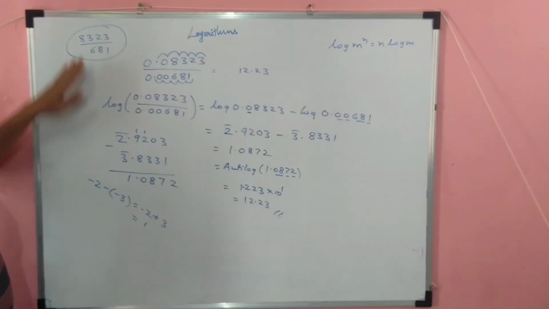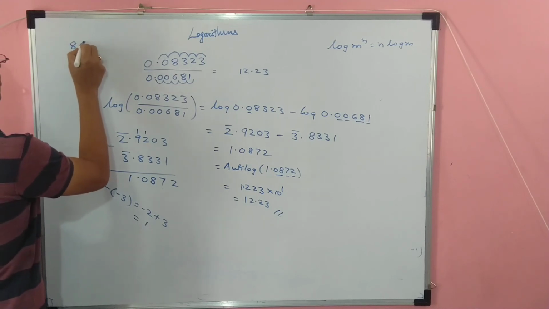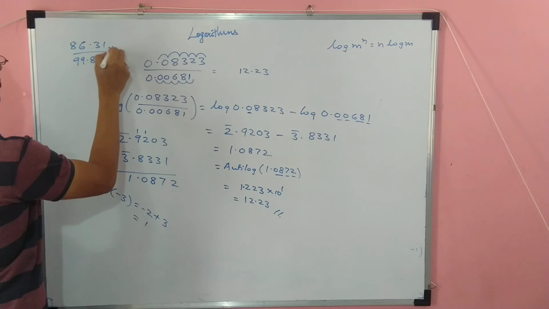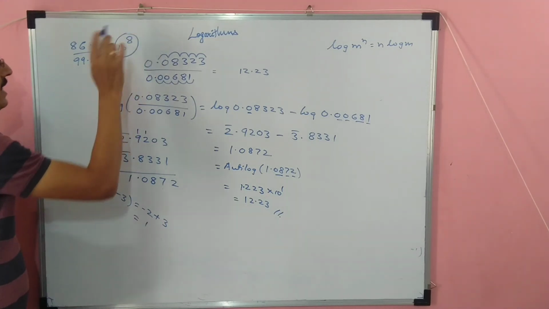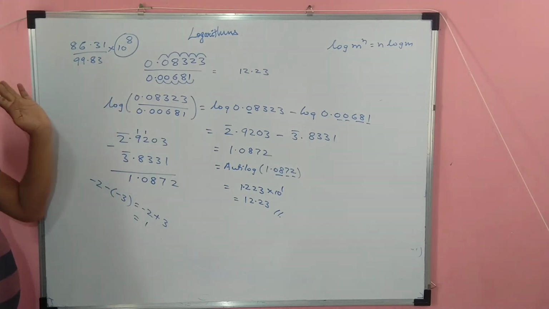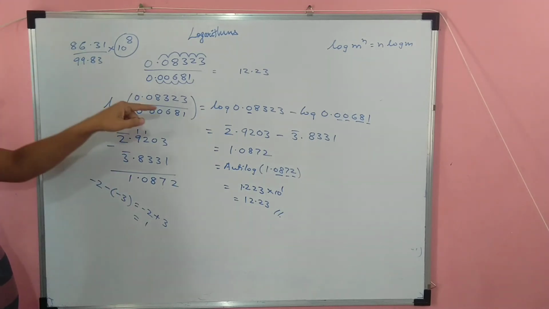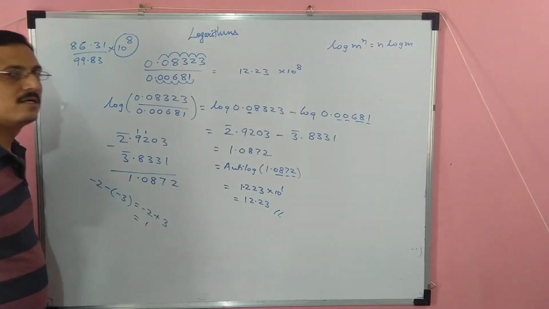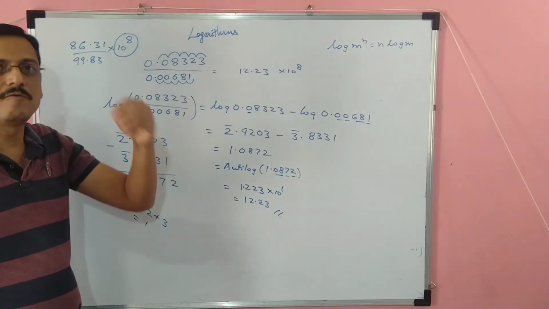Now in some cases समझो यहाँ पे ऐसे आ रहा है, some value is there where 86.31 divided by 99.83 into 10 to the power 8 है. हाँ, so keep this 10 to the power 8 as it is. Don't apply logarithm for this. And apply logarithm for this, solve this. When you get the answer, just into 10 to the power 8 you keep as it is. So ये 10 to the power 8 के लिए वगैरह logarithm apply करने का avoid ही करो.